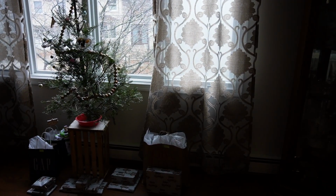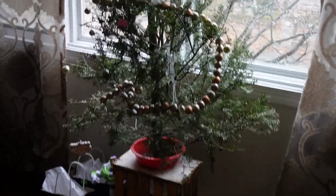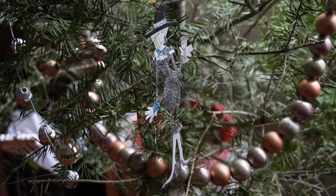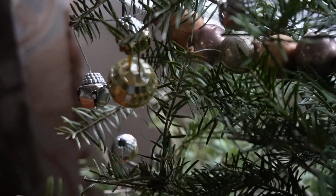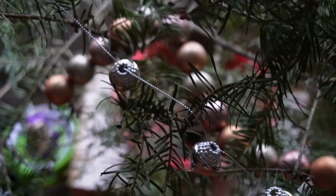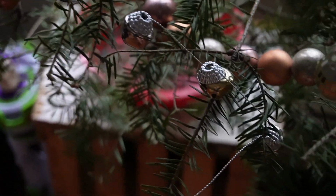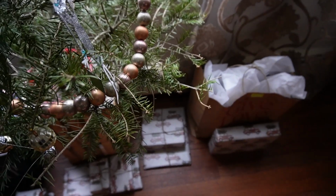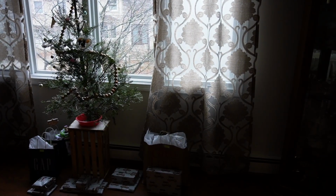I haven't decorated my house, nor has my family, in a very long time. Currently, this is what my Christmas tree looks like, and it's because my sister's boyfriend bought it for us because he thought that we should have a Christmas tree up. So she and I just collected random trinkets and things that we found in both of our rooms and put them on the tree instead of trying to find our actual ornaments that are away in storage, because the holidays have been a lot of work in the past few years, so we've been trying to find other ways around it that don't feel so...